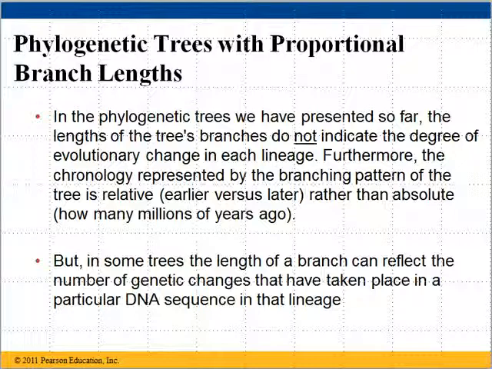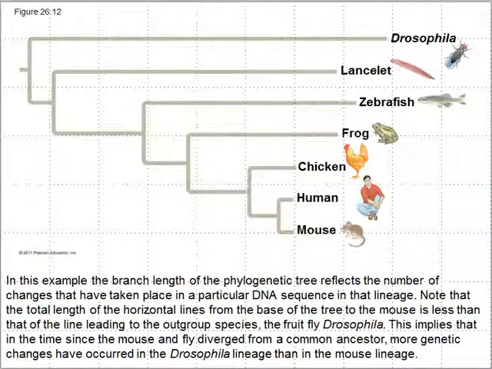But in some cases, in some trees, the length of the branch can reflect the number of genetic changes that have taken place in that particular DNA sequence, and in some cases we even tie it to particular time frames as well, but that would need to be noted for that to be the case. In this example, the length of the branch on this phylogenetic tree reflects the number of changes that have taken place in a particular DNA sequence in that lineage. So for example, if we were looking at one particular sequence of DNA and comparing that sequence amongst all of these various species, well, the branches here, we're using that to indicate the amount of change that has occurred in